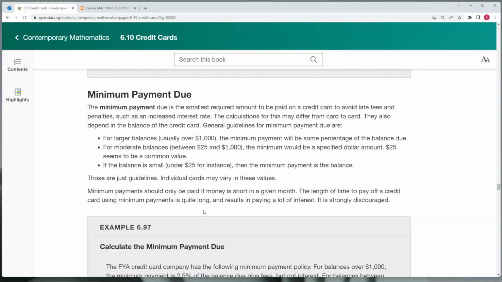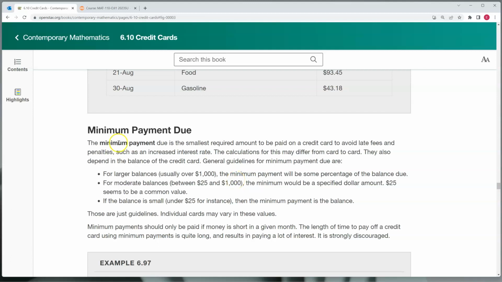But all right. And so last thing I want to talk about after that example is kind of the minimum payment due. I said this previously, but this is a good summary. So typically for minimum payments due, for larger balances greater than $1,000, it's usually a percentage of the balance due. If it's less than $1,000, then it usually ends up just being a small fixed amount, like $25. It could be $30, it could be $40. Sometimes it's depending on your credit score, what your minimum payment. Common ones I've seen, if it's a large balance, it usually says 5% or